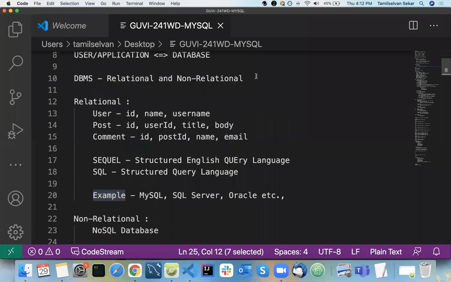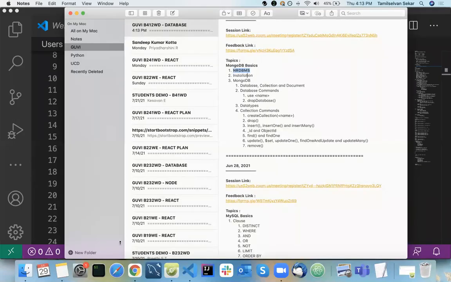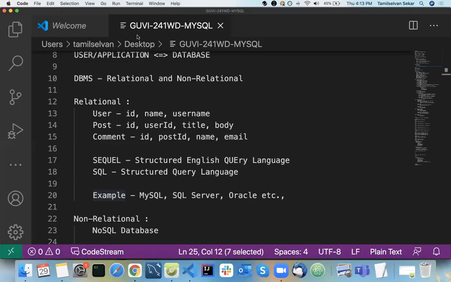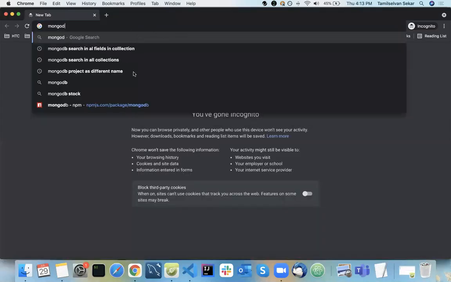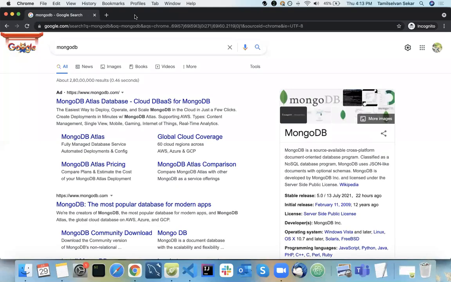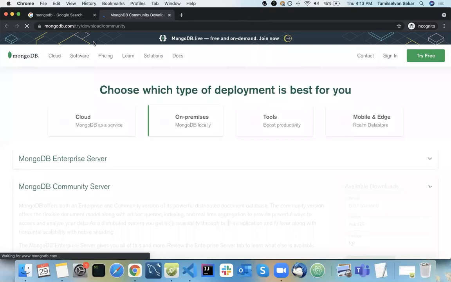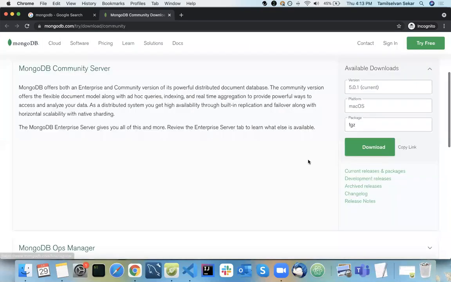Let's move on to the installation part. Okay. So the installation part is simple, and MongoDB has the best documentation ever in anything you go. Okay. So go to the download section here, MongoDB Community download. You can just go over the community server here. I just shared this URL, just download it, and other steps are very simple.